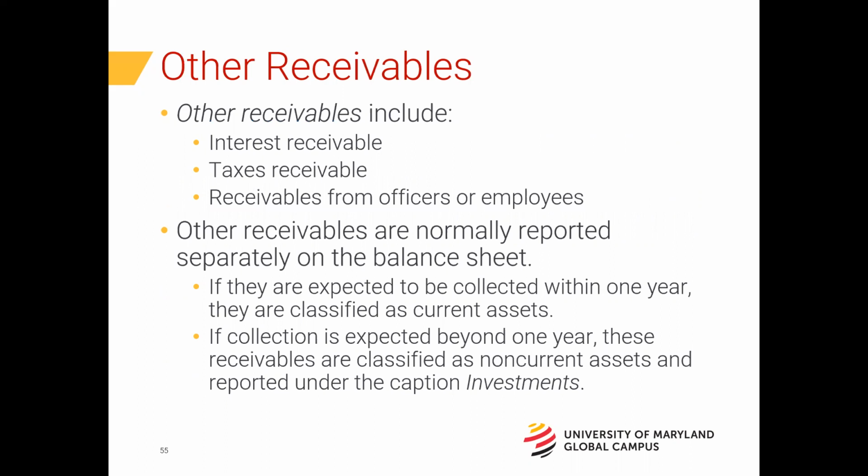Other types of receivables include things like interest receivable, that's interest that you would gain on a bank account. Taxes receivable, rarely happens. Well, there's a few different types of tax receivable. One type would be generated from an overpayment that you made to the IRS for your taxes, and all of a sudden the IRS owes you money. Yeah, I know, right? That's a nice dream.